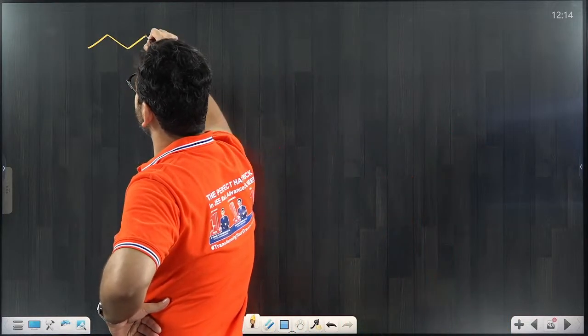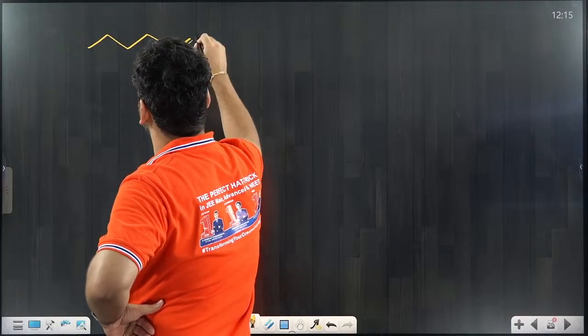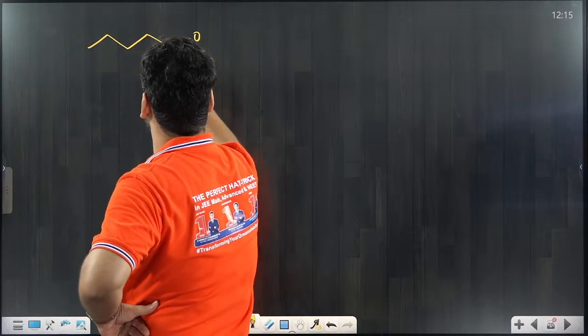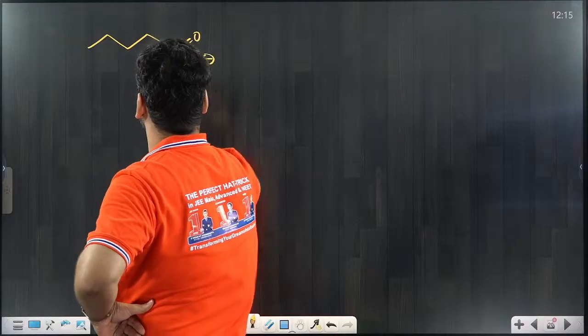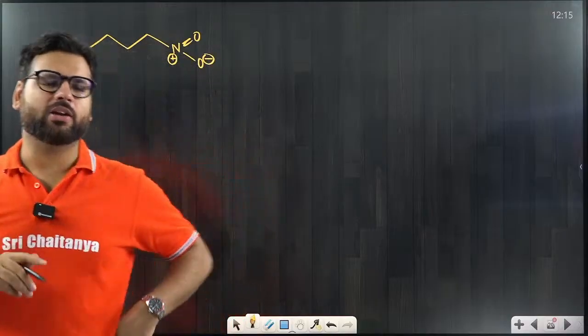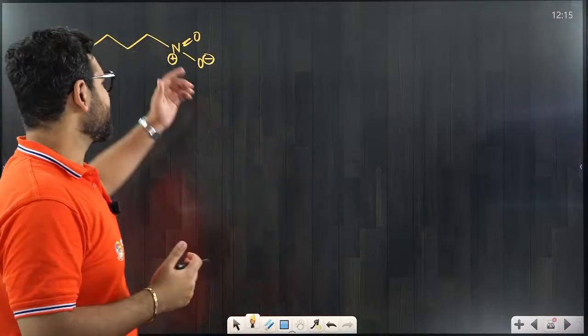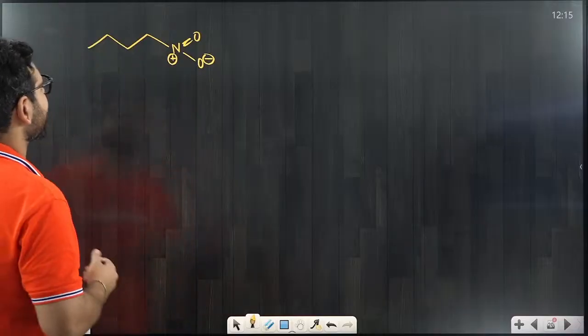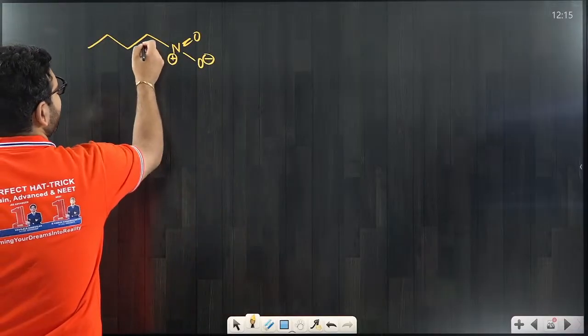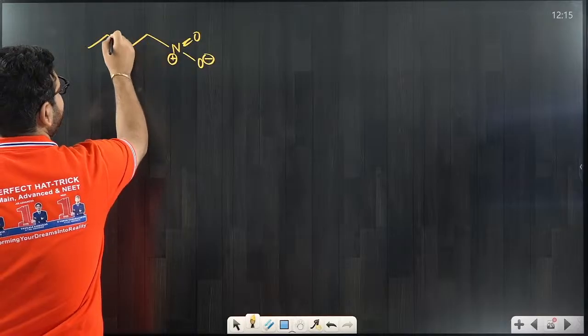What I am doing here is putting an NO2 here. NO2 can be written like this. NO2 means there is an N coordinate bond O. You can also write it like this, N plus O minus. Now let's say there is a